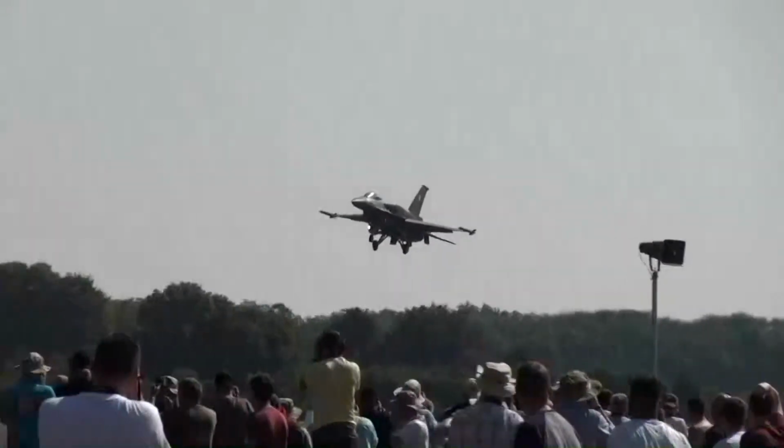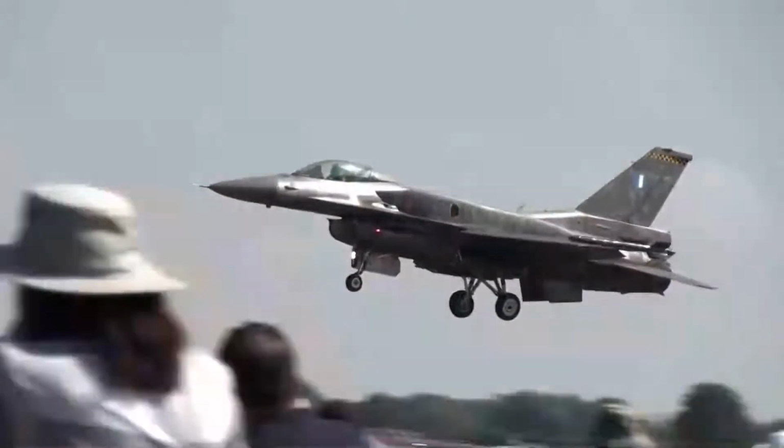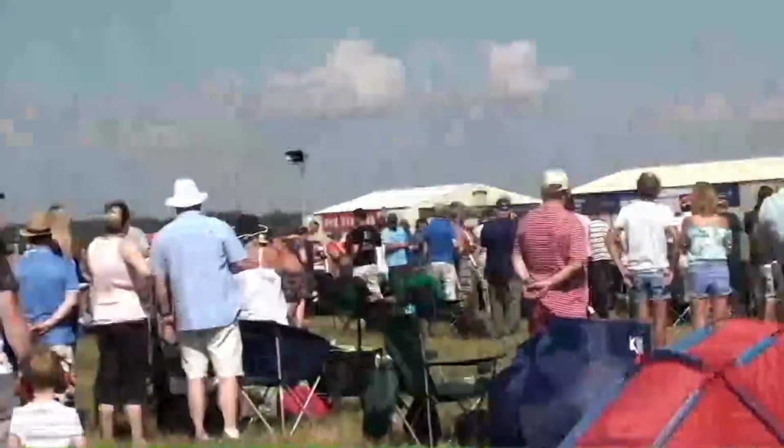Start, we're going to keep the pace up with tactical display, courtesy of the French Naval Air Army, Aéronautique Navale, often shortened to Aéronaval, with two of the most charismatic